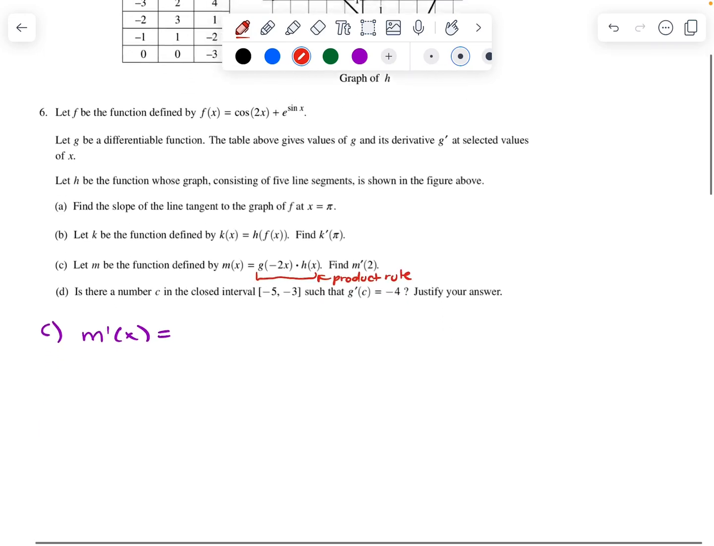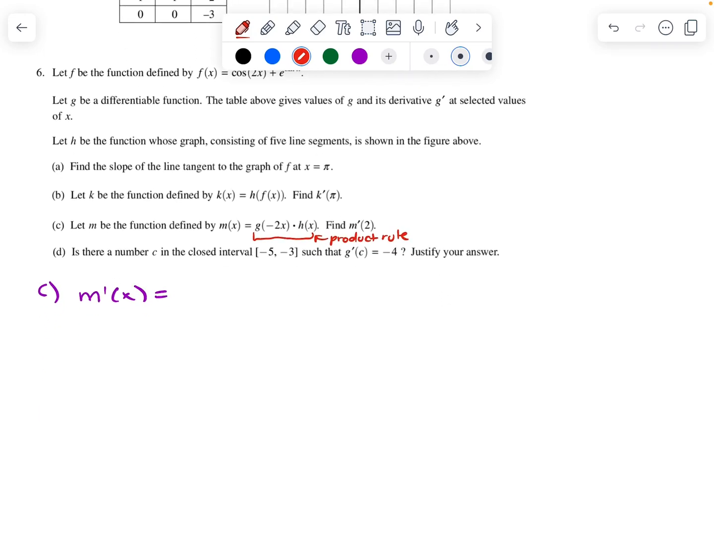Okay, so continuing with part C here, I know that if I want to find the derivative of m, I'm going to have to use product rule here. And then it wants the derivative at 2, so after I find the derivative, I'm just going to plug in 2. So I'm going to take the derivative of the first function, so I've got to find the derivative of g of negative 2x. So the derivative of g of negative 2x is g prime of negative 2x times the derivative of negative 2x, which is negative 2,